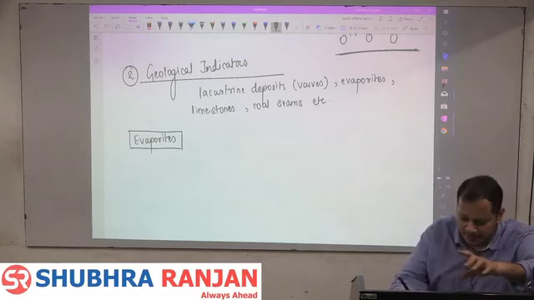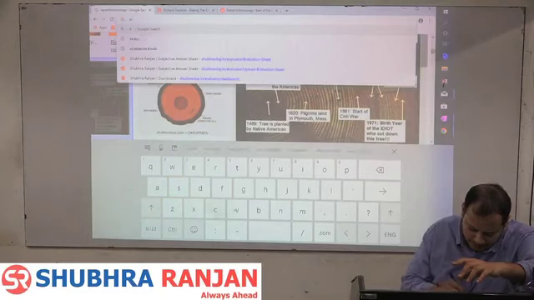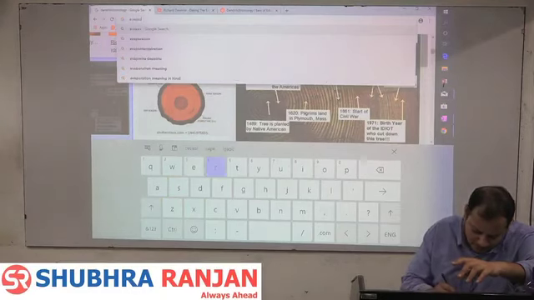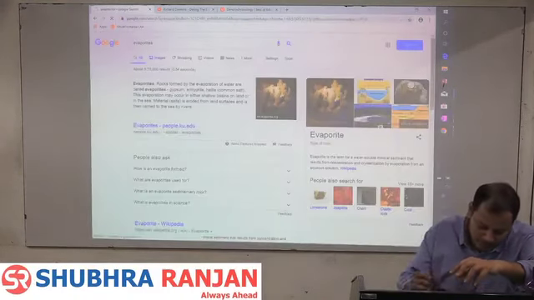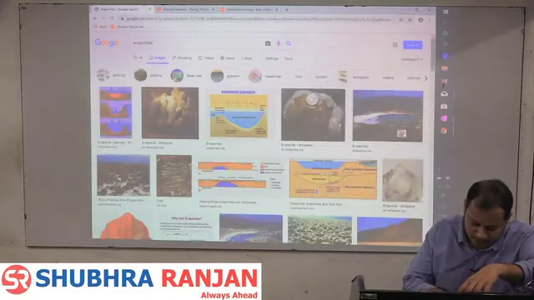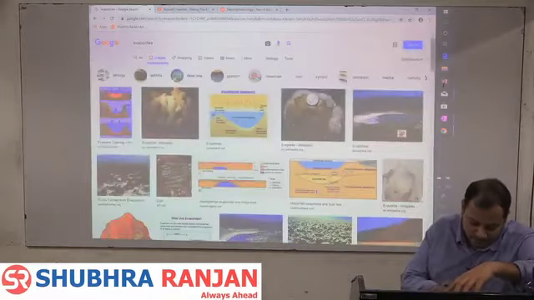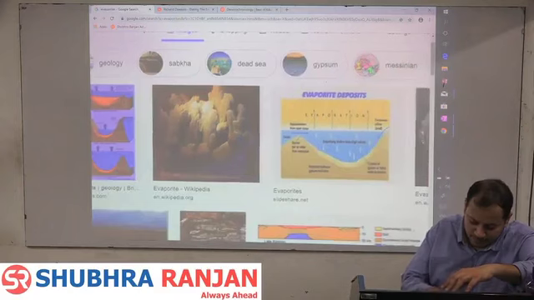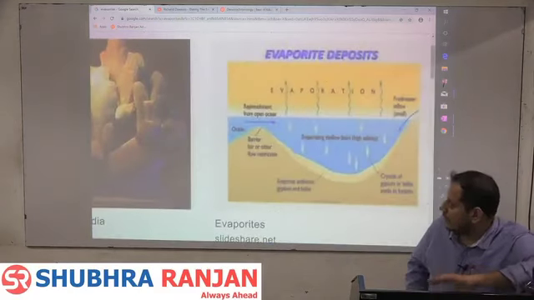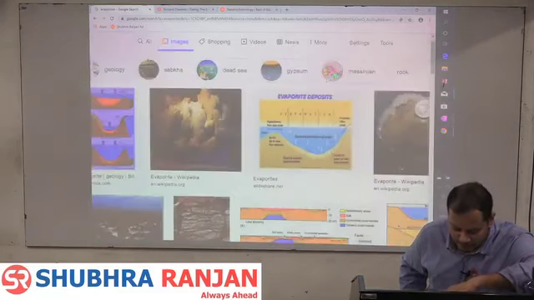What are evaporites? We have done evaporites. Evaporites are pseudo-volcanic features, that is, salt crystals which grow on rocks. Rocks के अंदर का salt बाहर आ जाएगा. The salt crystals which will come out. This is an evaporite. Why? Because of evaporation. So if there is a large amount of evaporites which are found on the rocks, इसका मतलब